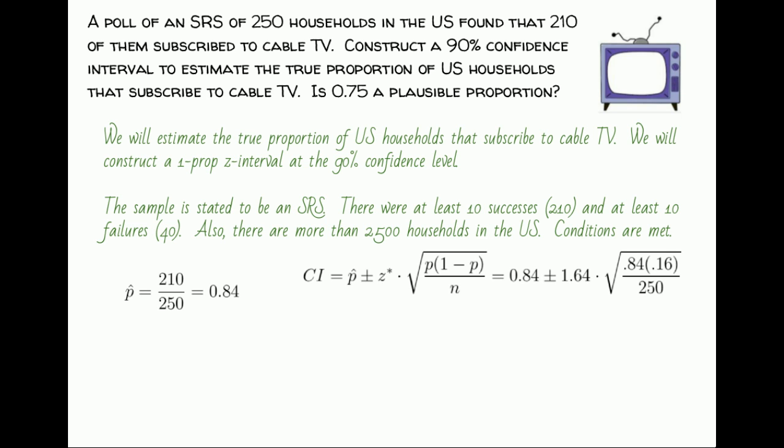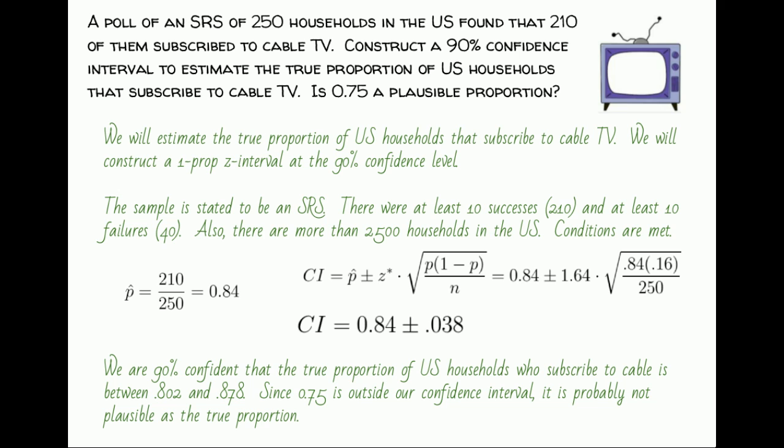And since we don't know p, we'll use p hat in its place, and our standard deviation is the square root of 0.84 times 0.16 over 250. Once that's all calculated, our confidence interval is 0.84 plus or minus our margin of error, 0.038. Last thing to do is to interpret what that interval means. So we are 90% confident that the true proportion of US households who subscribe to cable is between